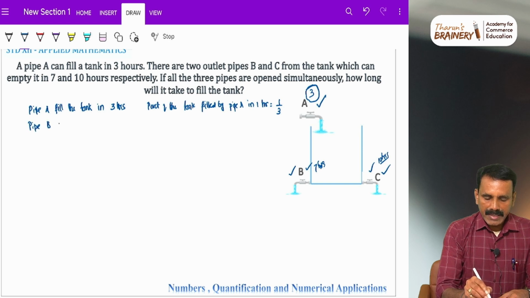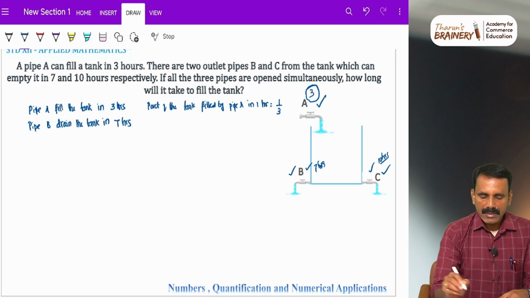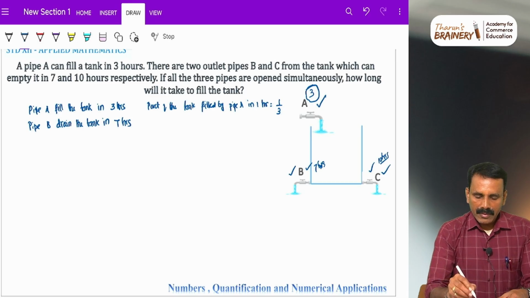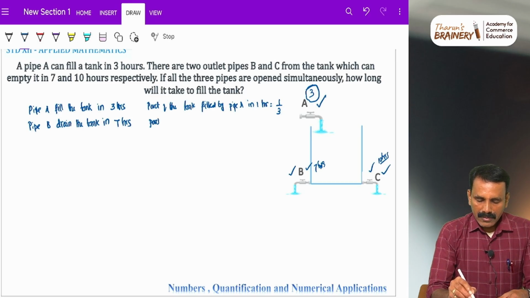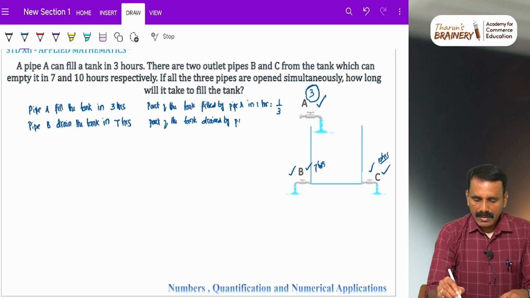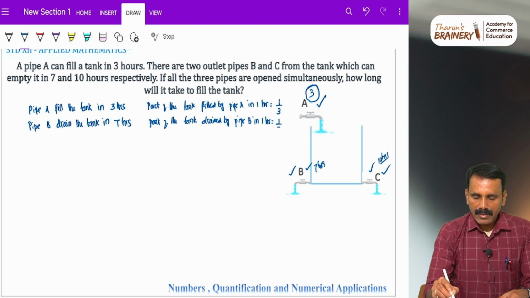Pipe B drains the tank. It takes 7 hours to drain the tank. So, the part of the tank drained by pipe B in 1 hour will be 1/7,